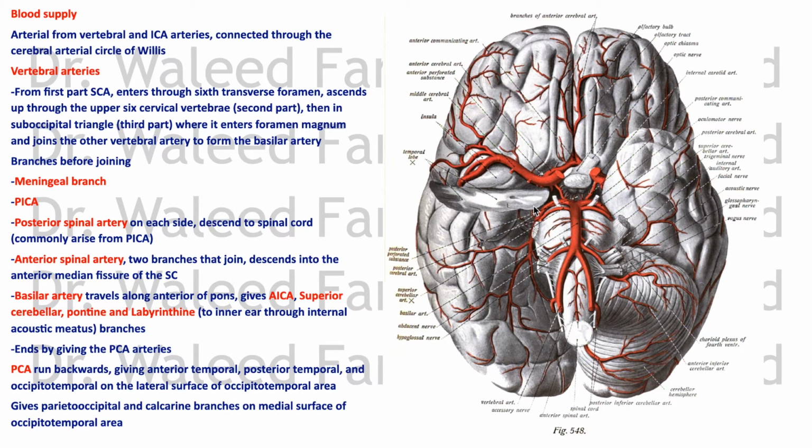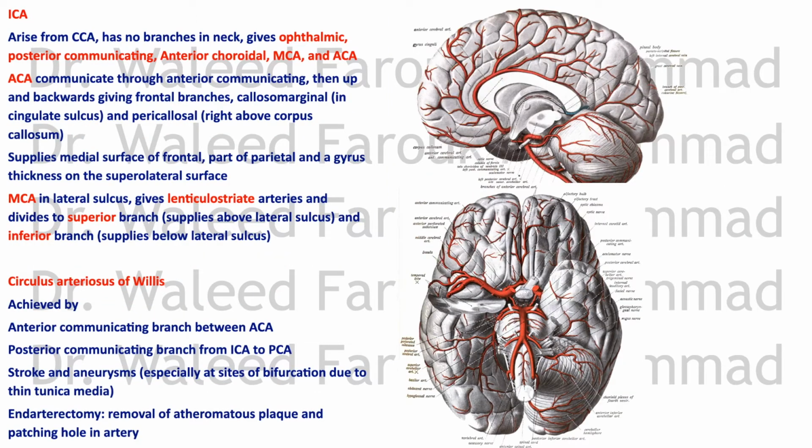the internal carotid system. Actually, the internal carotid has no branches in the neck. Remember that. It enters the carotid canal and emerges from it above the foramen lacerum, runs forwards and enters the cavernous sinus. It's part of the cavernous sinus, and then goes up and sends its final branches. As it goes up, it gives off the ophthalmic, and then